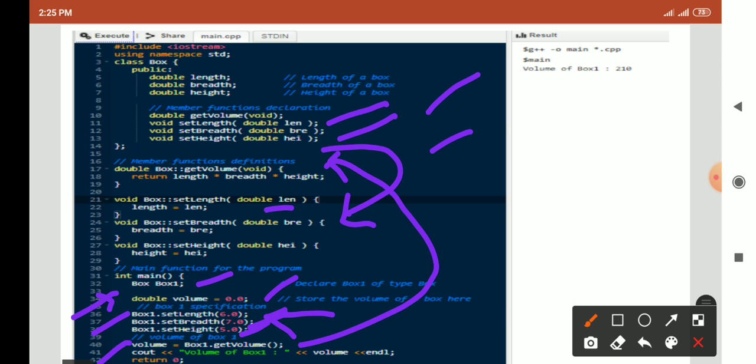So here what happened, when execution comes to this line, then volume equal to box1 dot get volume, a call is given to this function.